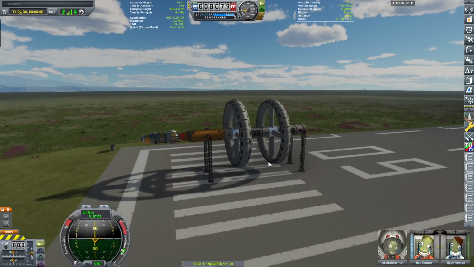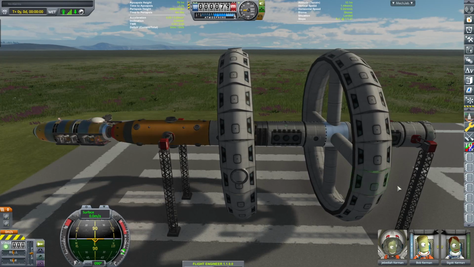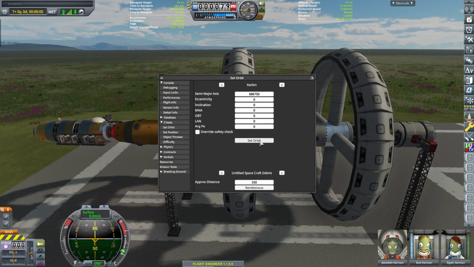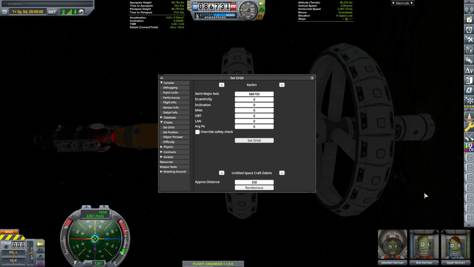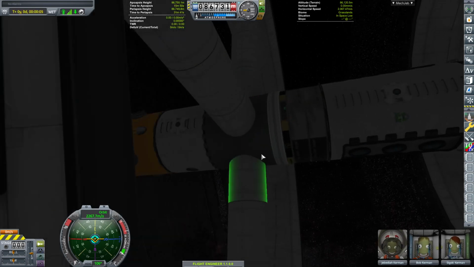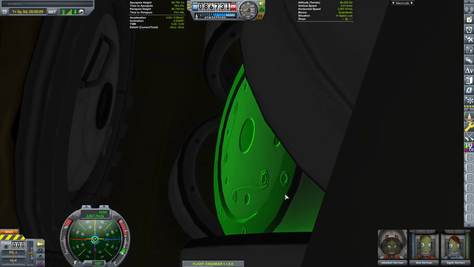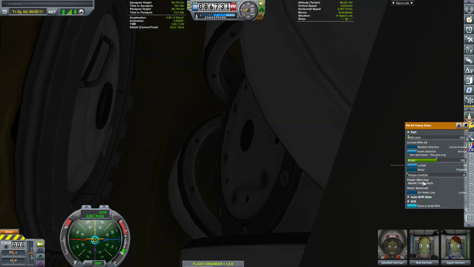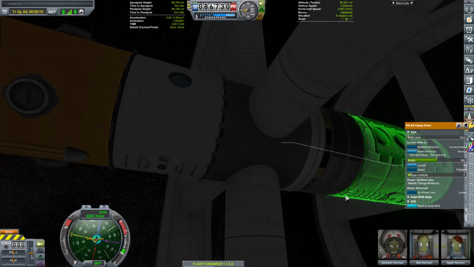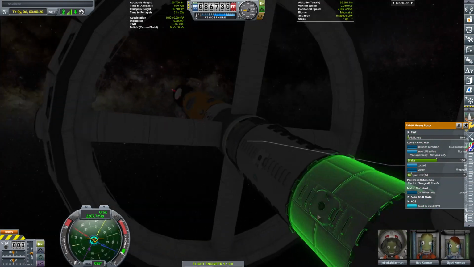I'm going to put the struts onto decouplers for getting it out to orbit. But let's test this right now. Let's do an Alt F12, put it into orbit. Now we should be able to turn the motors on. Torque to 7. I'm turning. See, it's turning the whole station, but now when I go over here, this should stop the